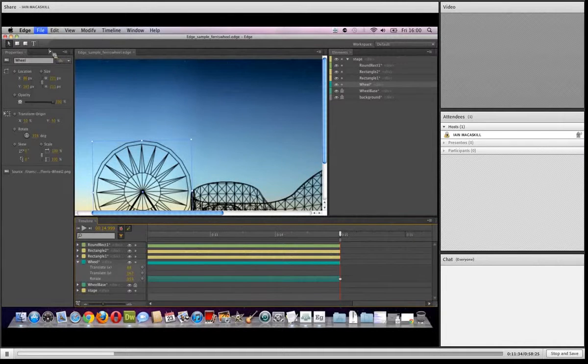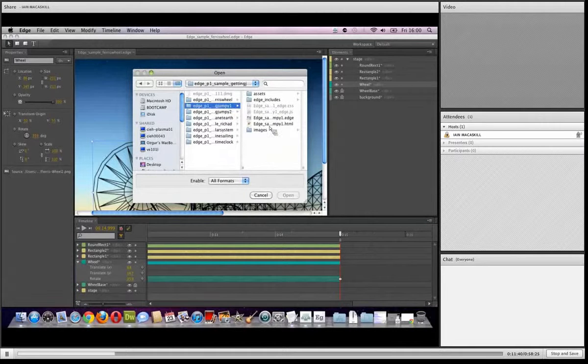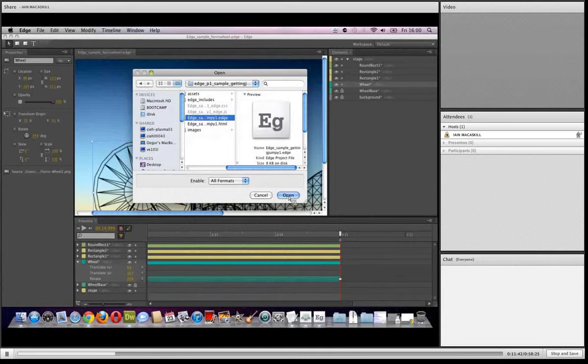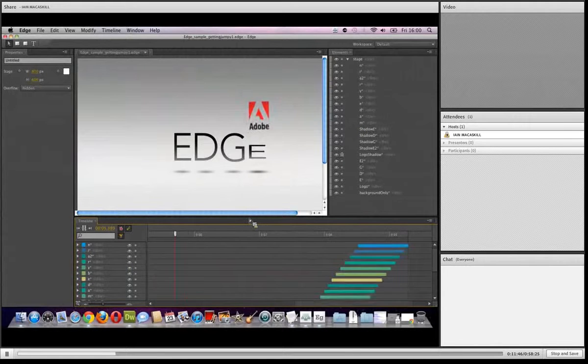I'm just going to open up another example. So if I go back up here and open up this one, this is a great example. I love this one. A lot of work has gone into this. So as you can see, if I play that one,